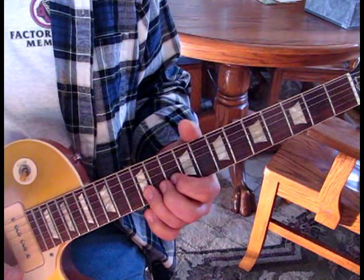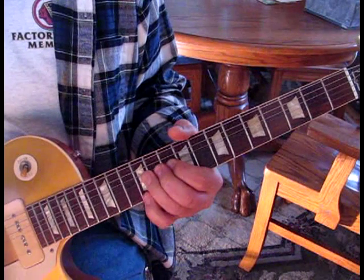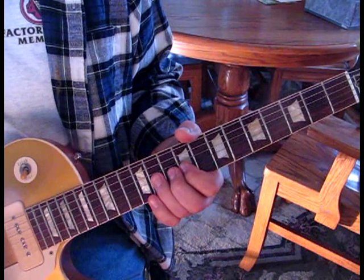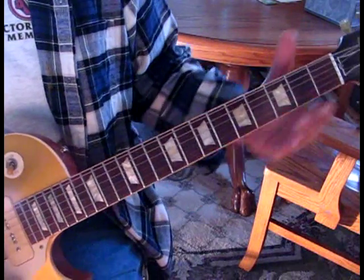12th fret to start with, and we're going to do bending up on the 2nd string and hitting the 1st string. Then we're just going to move to the 3rd string at 11, bend that up and hit 12. Then we're going to do...